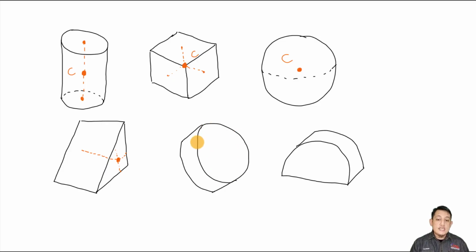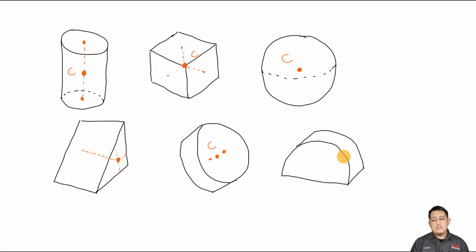We have this circle. Actually, this one is similar to this cylinder. The location of the centroid of this cylinder, of this circle, should be along this line. And when we look at it from this side view, we can see that it is in rectangle shape, so it should be at the center. So this is the centroid location of this circle.